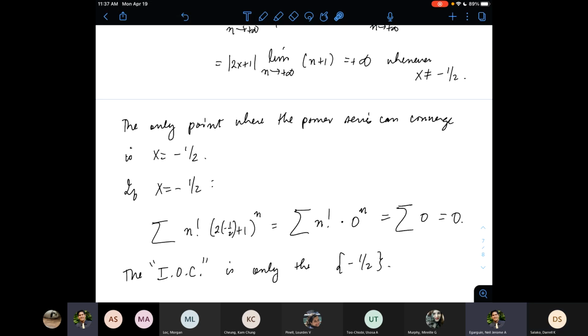Yes. So when I look at this limit, when n approaches infinity, this will go to infinity, right? So that means this limit is infinity. Because x is a variable, x can take any number. So if 2x plus 1 happens to be any constant except 0, I have a constant times a large number, it will still be a large number. But be careful, because when x is equal to -1/2,